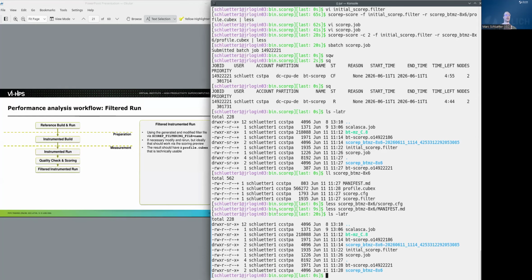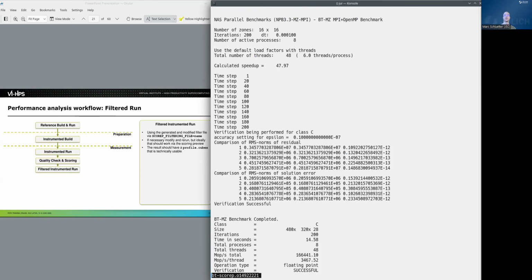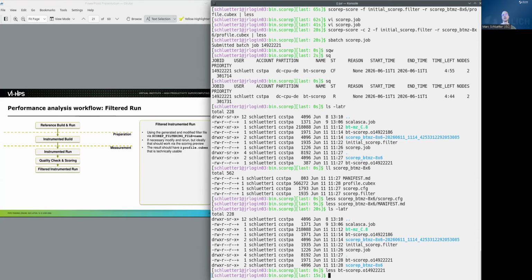So now we basically have the filtered result. If we look at the output of the BT-MZ run, we're now coming back to the 15 seconds, so a slightly longer run, but that could also be run-to-run variation. So there's basically no overhead at this point, because we filtered the big cases out of it, and we can now technically use it. We could look at it right now, but